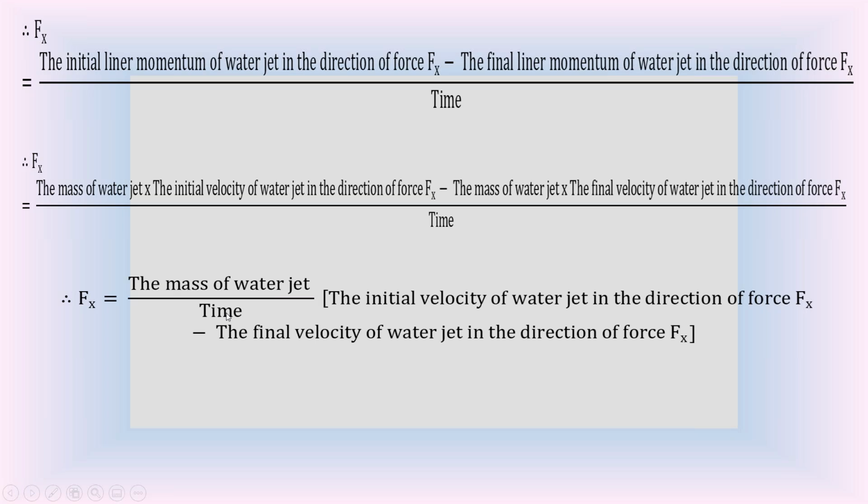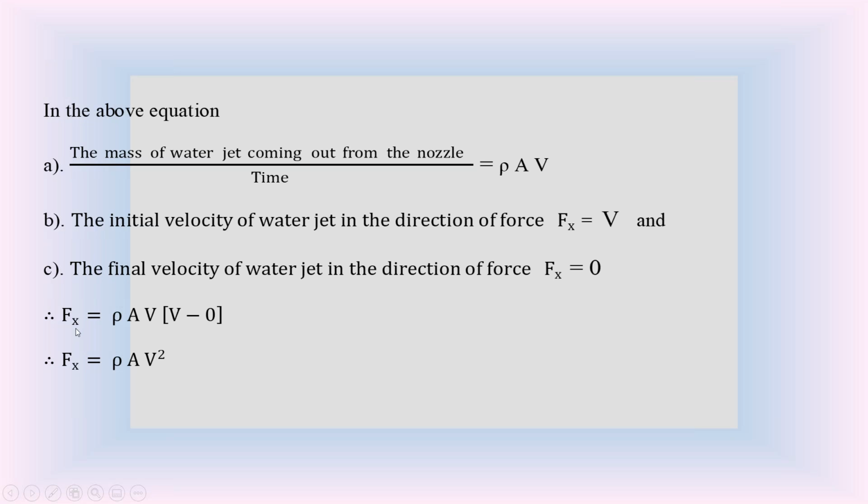And we discussed already the mass of water jet divided by time. This is called the mass of water jet per second. We know that this mass of water jet per second is equal to rho A into V. So substitute the right hand side in this equation. The mass of water jet per second is rho AV. The initial velocity in the direction of force Fx is V, minus the final velocity, which is 0. So here the equation of Fx is given by,